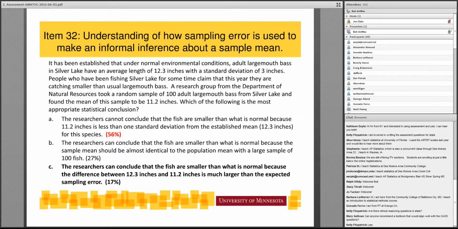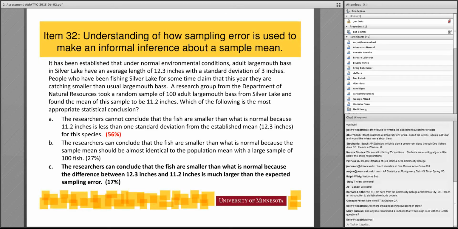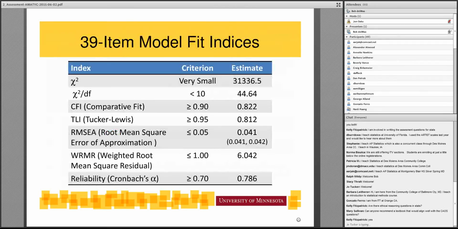It could be that this just has not become a habit, to think this way, for most students in an introductory statistics course. That's our best guess, but it doesn't seem to be a useful item that gives useful information about students' conceptual understanding. So therefore, the rest of the analysis is based on just the 39 items that had evidence of non-zero factor loading, so excluding this item 32.